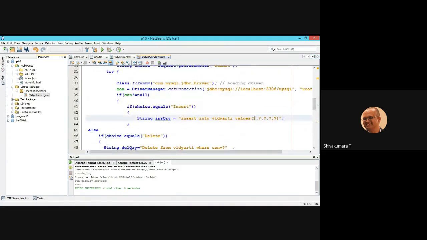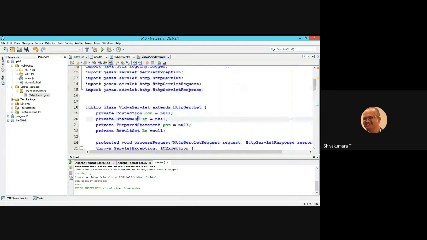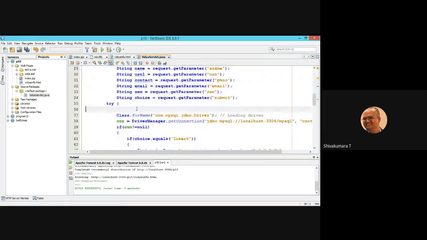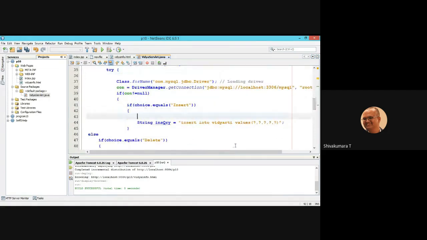Since we don't know the values while inserting onto the database, there are two ways. Either we go with the statement object or we go with the prepared statement. I'm demonstrating both. First I'll go with creating the statement object. Statement object ST is already declared here.